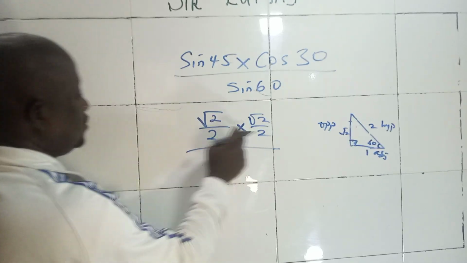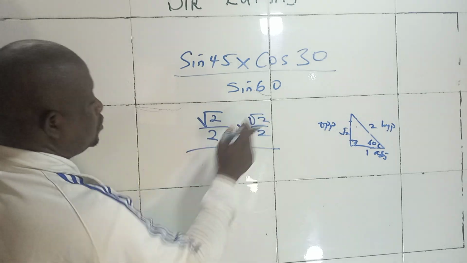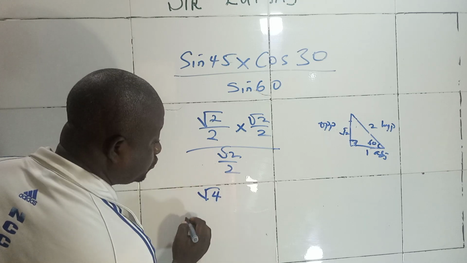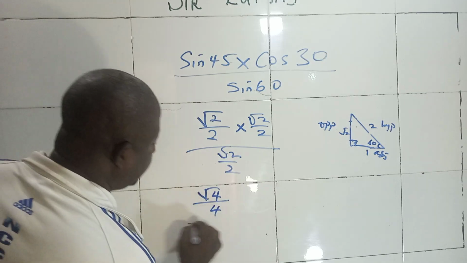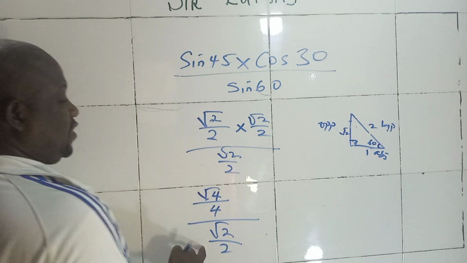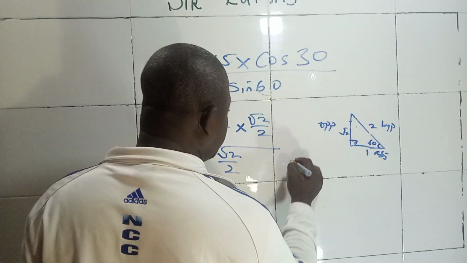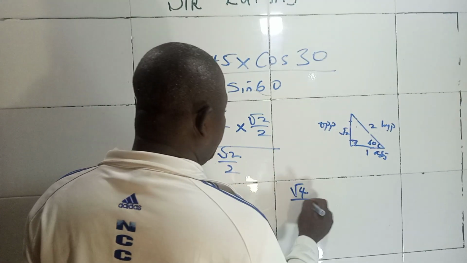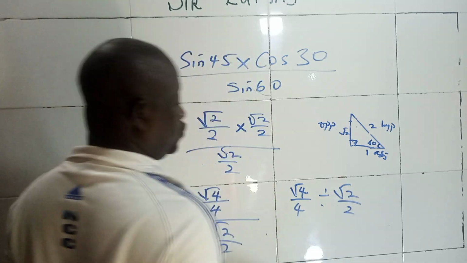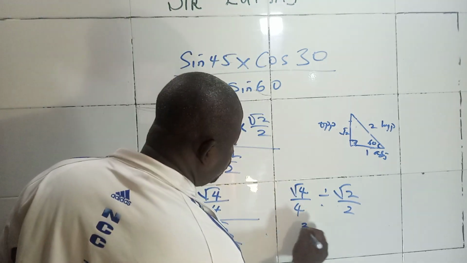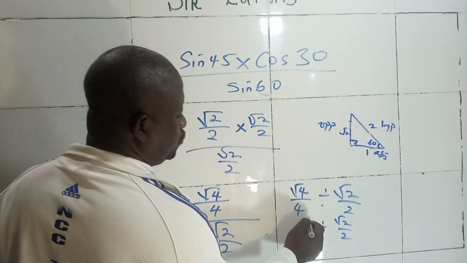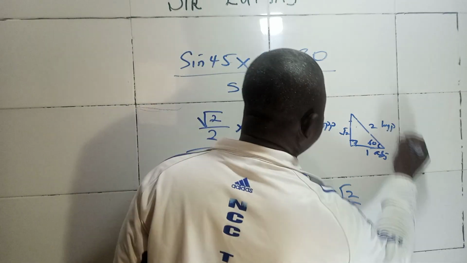By the time you solve for this, from board mass, 2 times 2, root 2 times root 2. Root 2 times root 2 is root 4. So we have root 4 all over 2 times 2, 4. Then everything all over root 2 over 2. If you simplify this further, you have root 4 all over 4 divided by root 2 all over 2. Break down root 4, it will now be 2 all over 4 divided by root 2 all over 2. So 2 goes here 1, 2 goes here 2. It means half